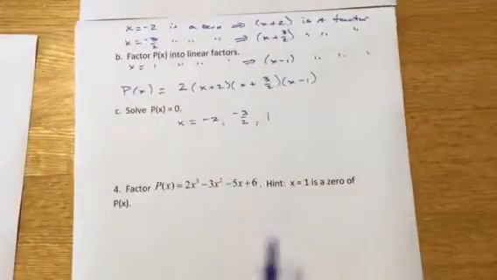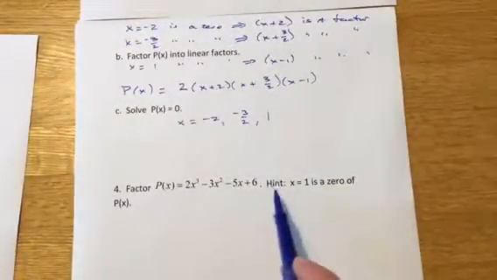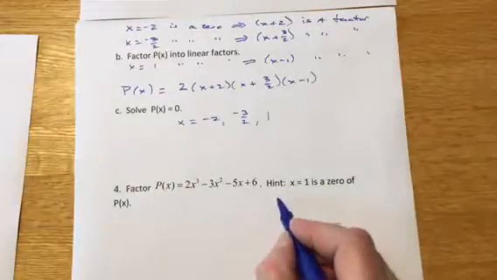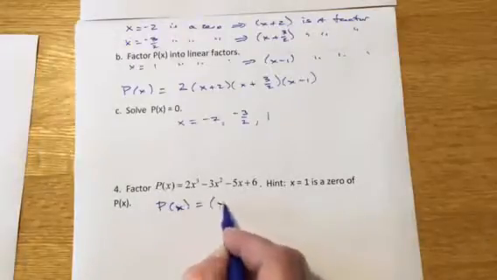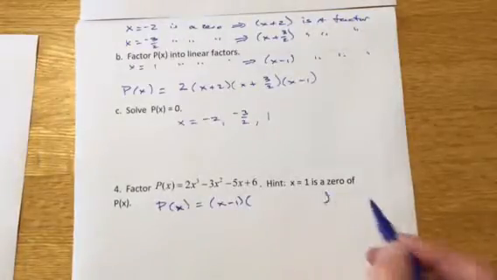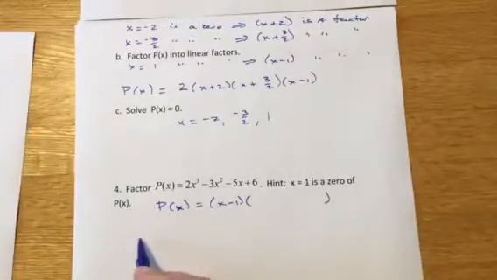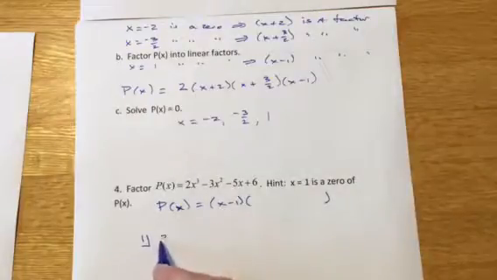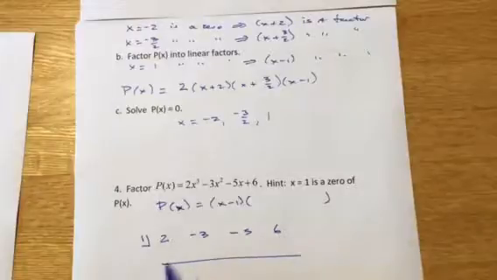All right, and then finally this one, it says factor this cubic, but here's a hint, 1 is a 0. Well remember, if 1 is a 0, we already have one of the factors. So I'm essentially telling you that x minus 1 is a factor. We just have to get the rest of it. Well, we divide it out. We use synthetic division. So we're checking 1, or the factor x minus 1. We're told it is a 0, so we should get remainder 0,